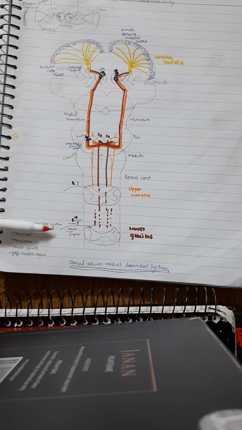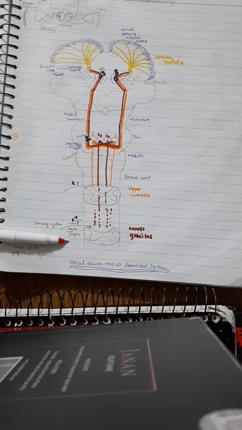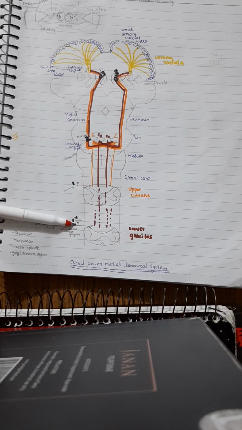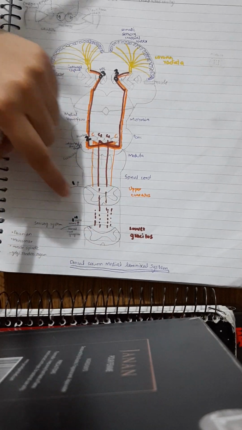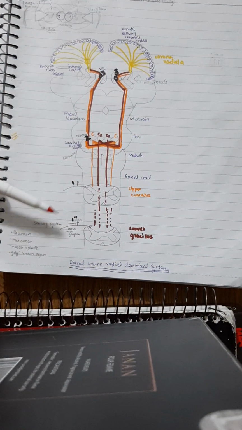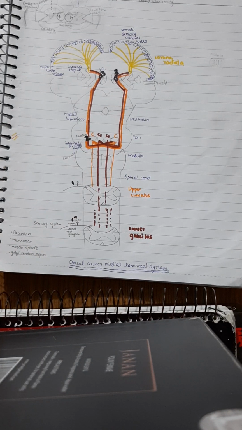All right, so the first order neuron is here, which is your dorsal root ganglion. What do I mean by order of neurons? When I say the first order of neurons, that means the place where we have cell bodies, and these axons synapse at that place. So the first order neurons are present in the dorsal root ganglion. These are the cell bodies which are present outside the central nervous system, so that is why we call it a ganglion. Yeah, so they go to your spinal cord, and then they